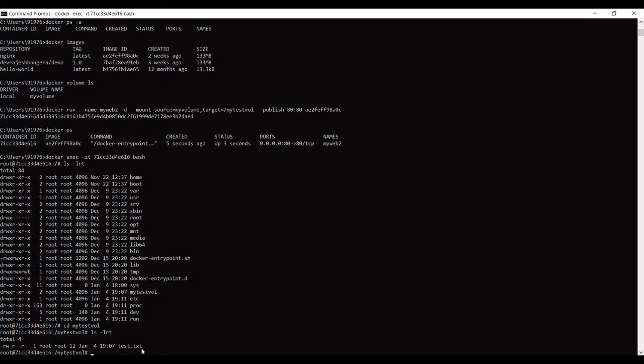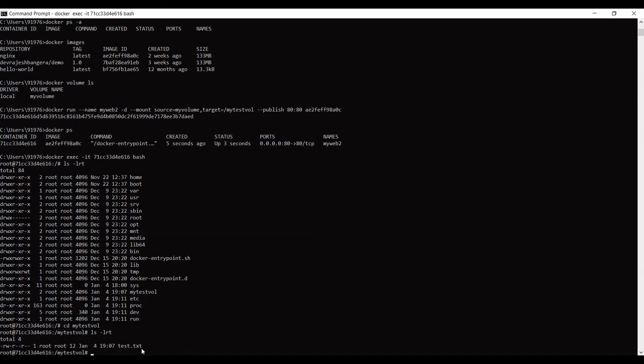Now I have not created test.txt after logging into this container. This is coming from the container which we created earlier. The earlier container created this test.txt file and saved it in the volume. So this confirms that the volume is not dependent on the containers.